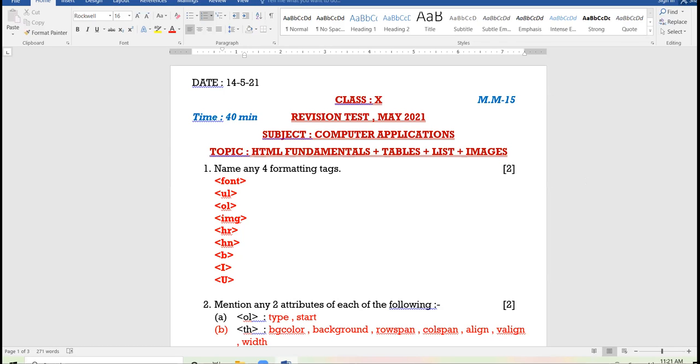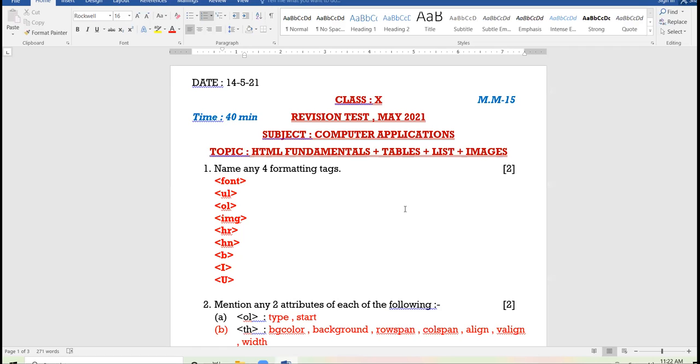Background, align, BG color, align, background, border, cell padding, cell spacing. Yes. All right. Am I clear up till here, all of you? Yeah. Okay.